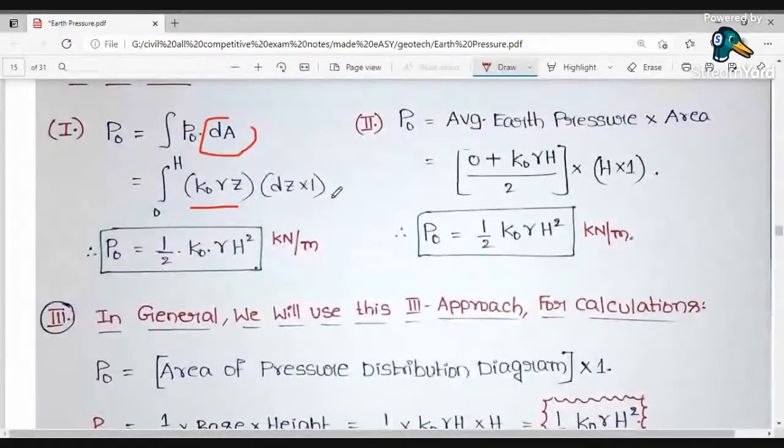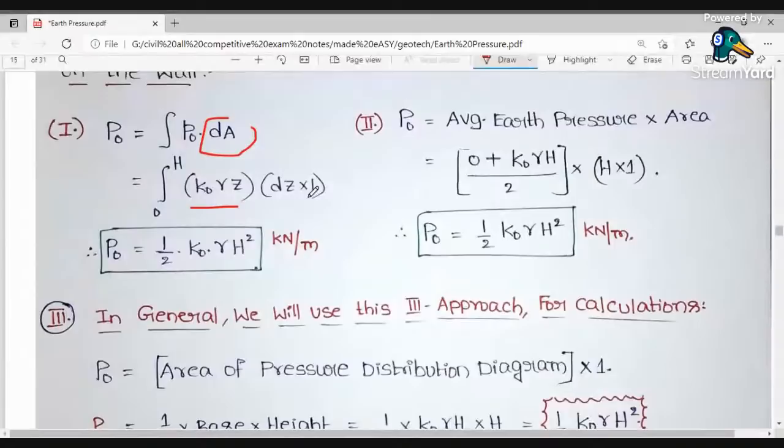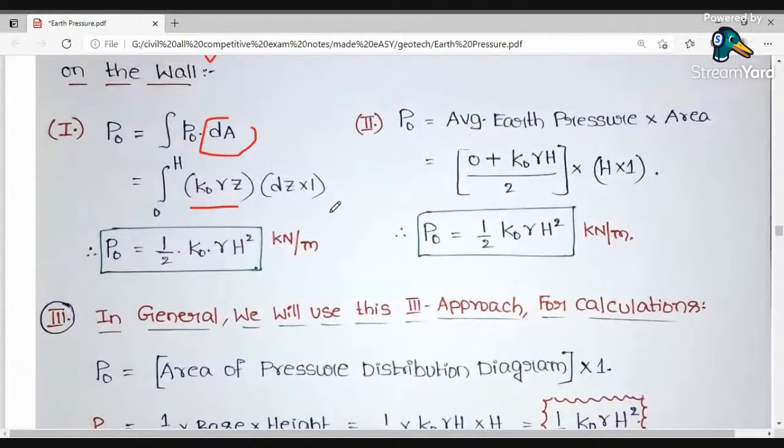And the area is basically, if you assume 1 meter run, dz into 1, right? So from there we can determine the earth pressure at rest, or the earth pressure thrust. P naught is nothing but half, the integration of Z is Z square by 2, and since the limit is 0 to A, we can write it as A square by 2. So we can get the final value: P naught is equal to half of K naught gamma H square kilonewton